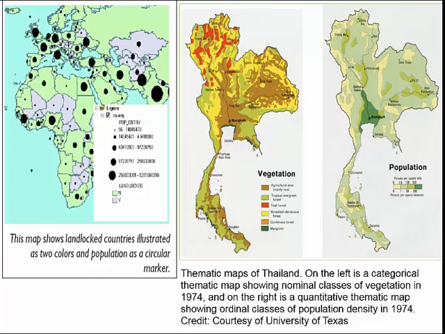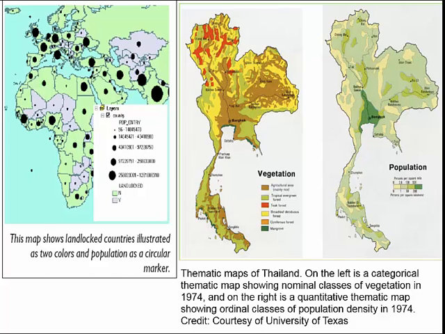So nominal data is showing different types of things. So showing the different types of vegetation grown in Thailand. Whereas the population map, this is a quantitative thematic map. All right, it is showing differences